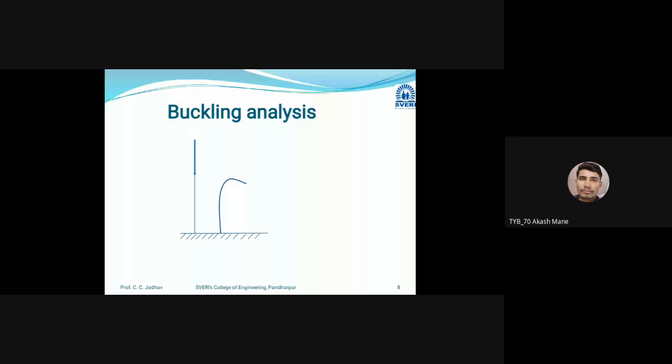For this we commonly use software, that is ANSYS, Abaqus, and NASTRAN. So you might have repeatedly heard about these three software: ANSYS, Abaqus, and NASTRAN. These are some of the best software for solving this type of analysis. ANSYS is good, then Abaqus is the next version of this, and NASTRAN overcomes some drawbacks of ANSYS. Okay, so this is about the buckling analysis.